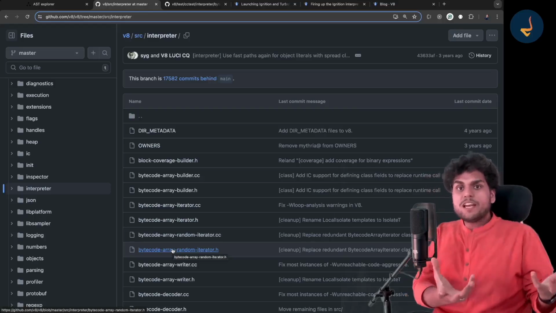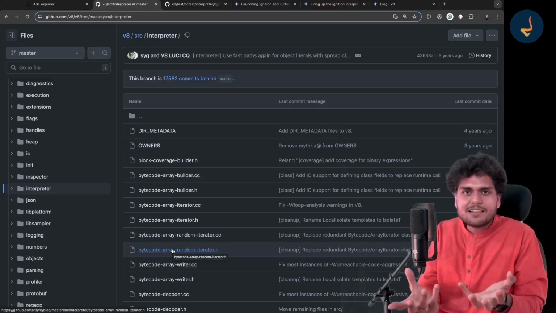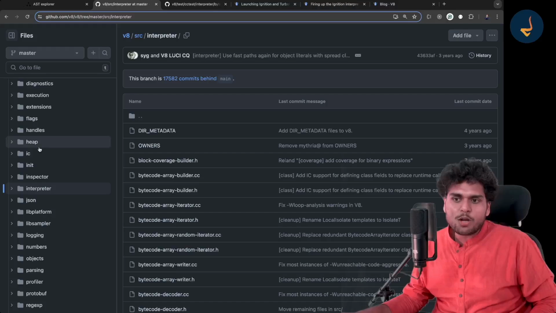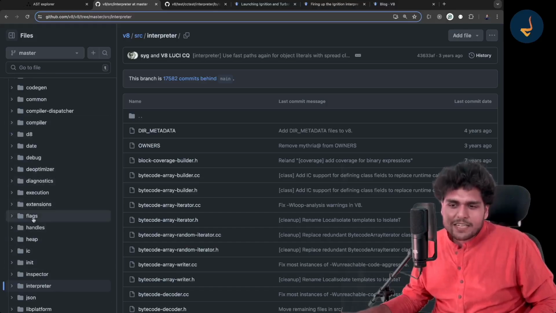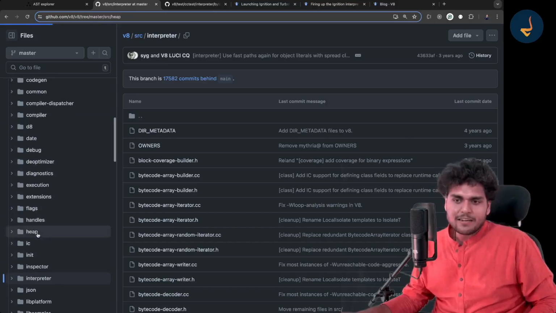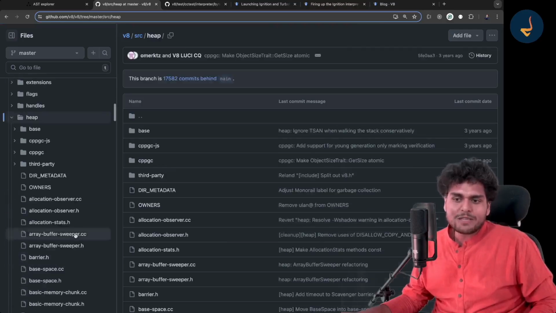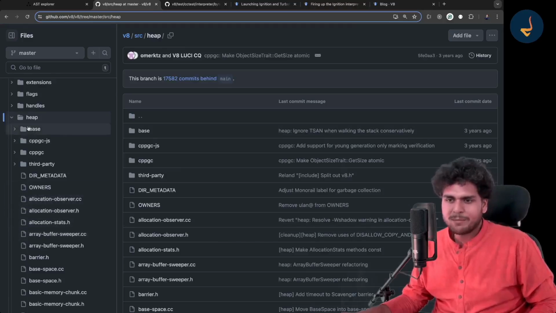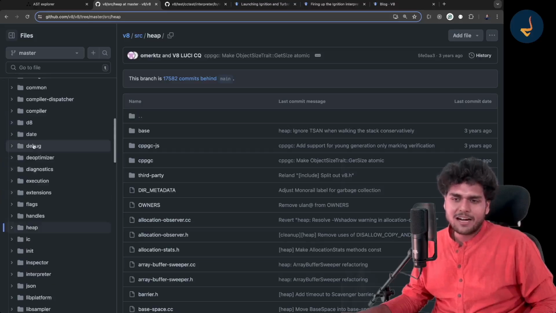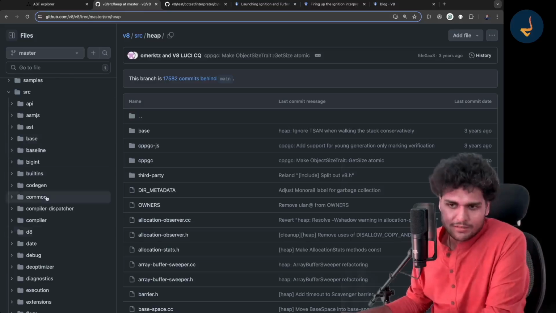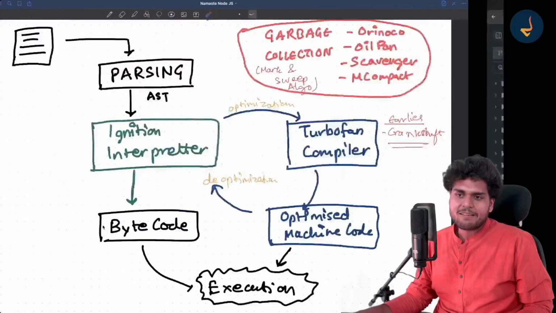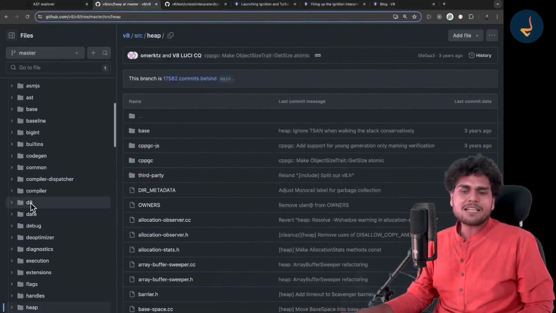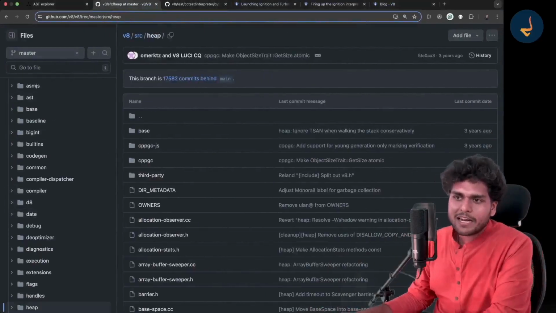But feel free to explore. Why not? Go ahead inside there and use it. You will find all sorts of things. You will find a compiler over here, you will find an interpreter over here, and you will find this heap. Do you see this? This is a heap. I assume this is a memory heap, where it is allocating memory and all that stuff. I don't actually understand this, but you can go and read about it. This is what I wanted to show you: whatever I have explained is being done by this code repository. You can just go there and execute it.